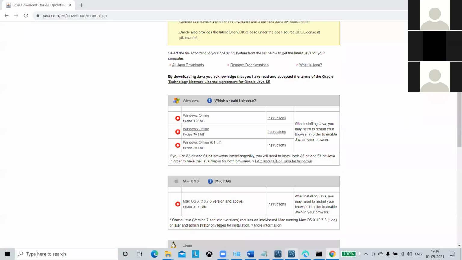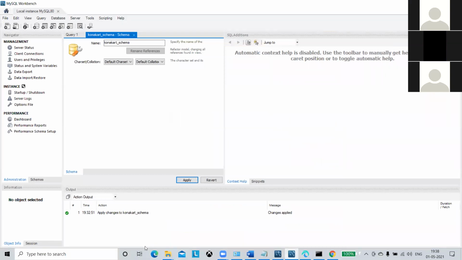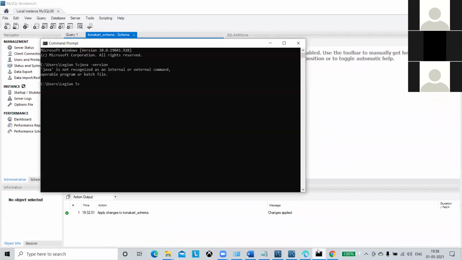So now open a new command prompt. Open that previous command prompt once. If you try the same command again, it will not recognize and it will show the same thing. You need not type the command again. Just press up arrow. Up arrow will show you the recent commands, right? Click enter. It will show you the same thing because this is the command prompt which was opened before the Java installation. So you need to open a new command prompt, that's why it could not recognize that.